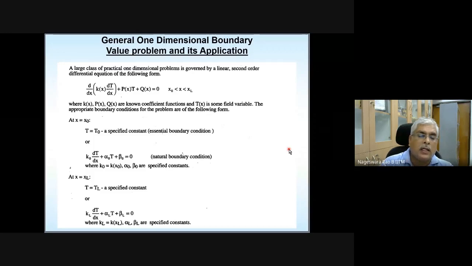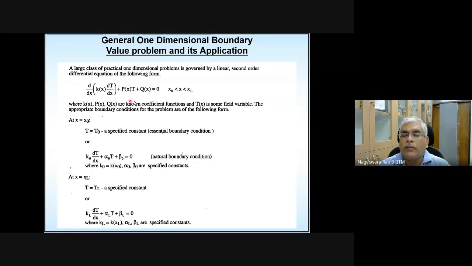Yesterday we have seen an application related to the heat conduction problem, and in today's class we are going to see other problems, but we are going to go through them quickly. We are not going to focus on how the governing differential equations and other things are obtained. We just look at the differential equation corresponding to that particular problem, and then the boundary conditions, and then we'll see how to get the element equations from whatever we learned from this general one-dimensional boundary value problem.